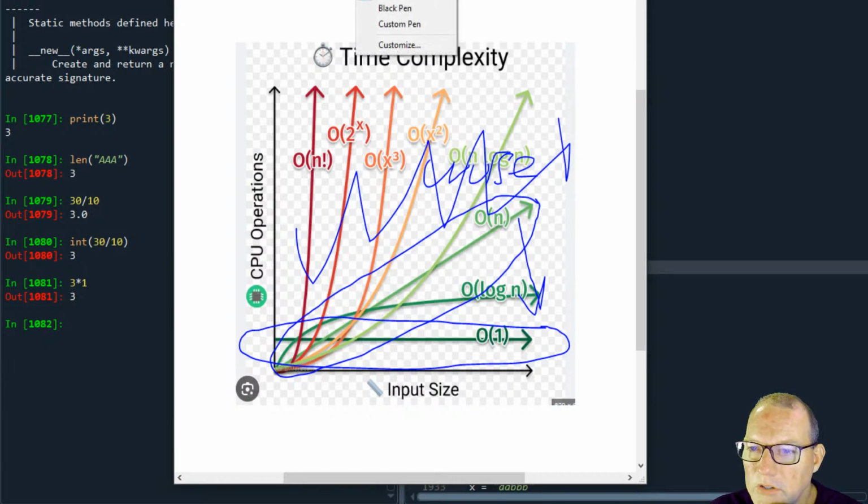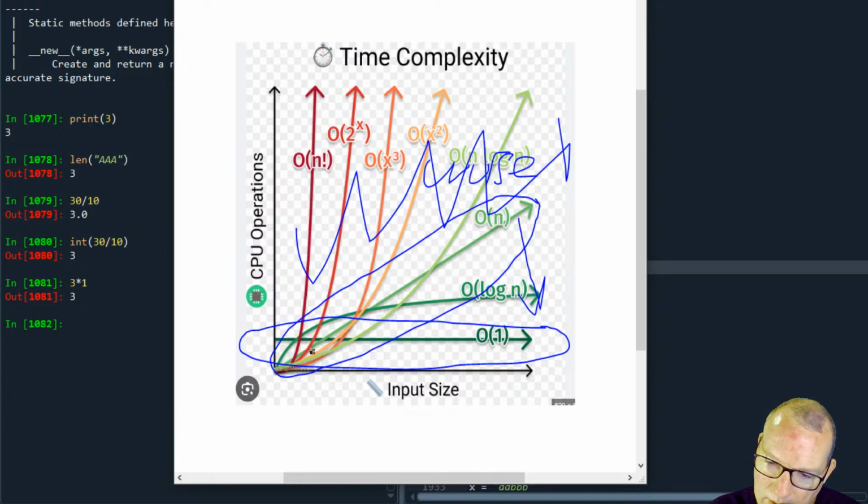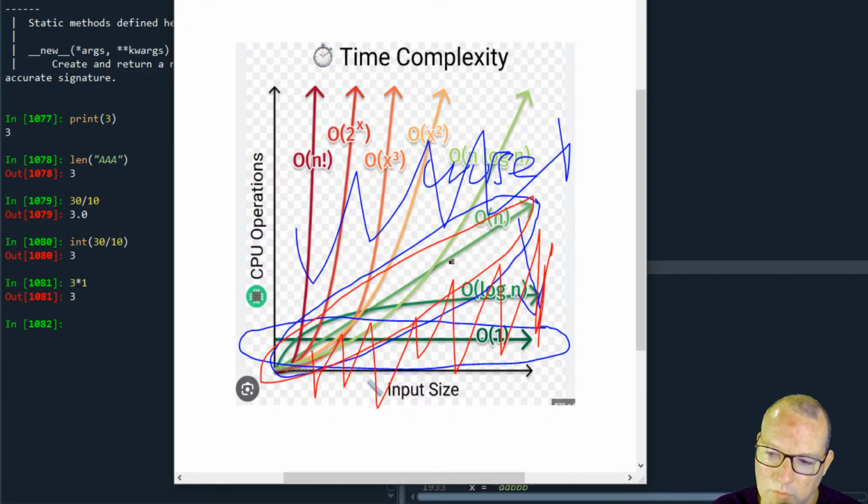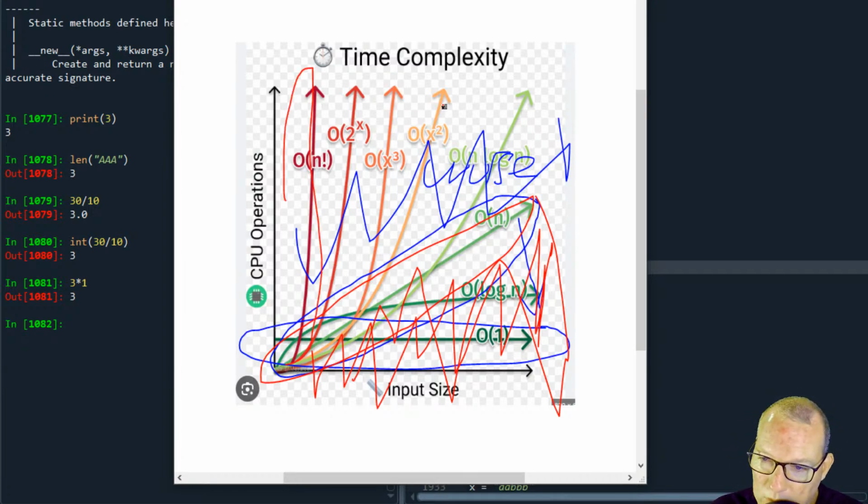Let me change. Can I change colors? Red. Should be the other way. Everything under here is better because this is the length of your object. So this is respectable and understood. Everything below here is great. This should be green and this should be red. And when you get to here, I'm somewhere probably